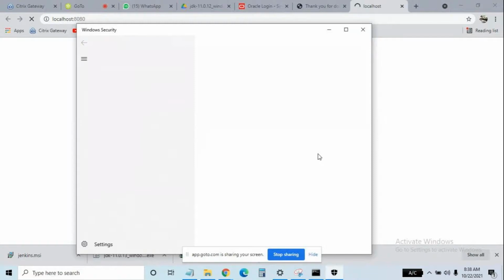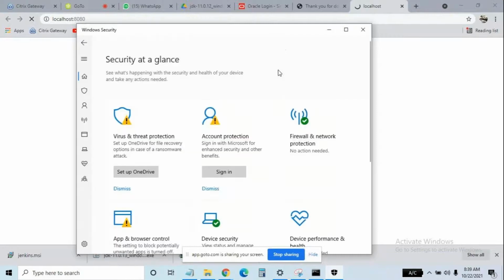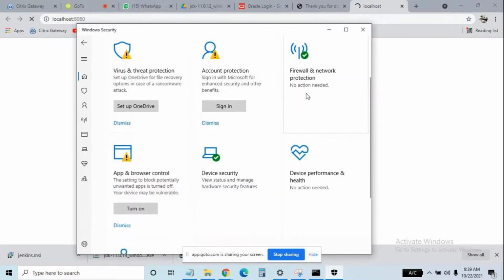Windows Security. Can you disable that? Firewall and network protection shows no action. Turn on is showing. Dismiss.